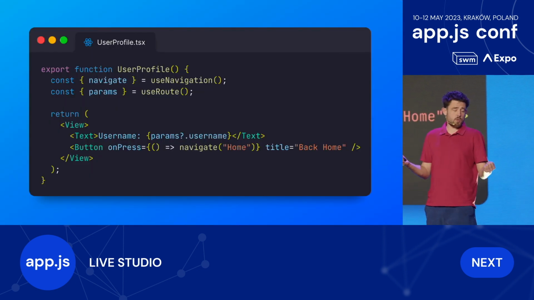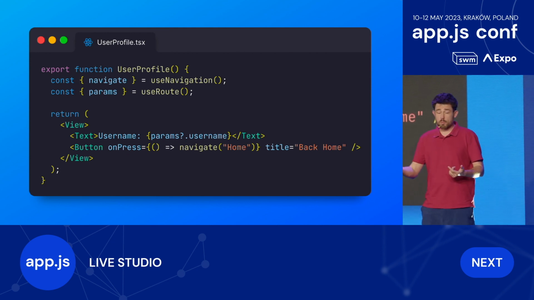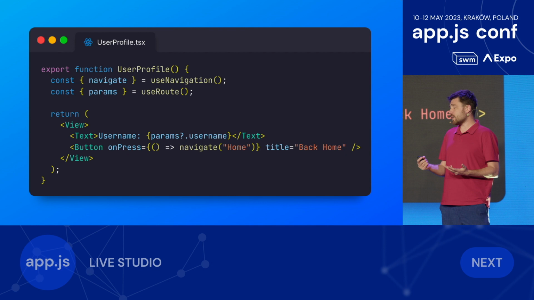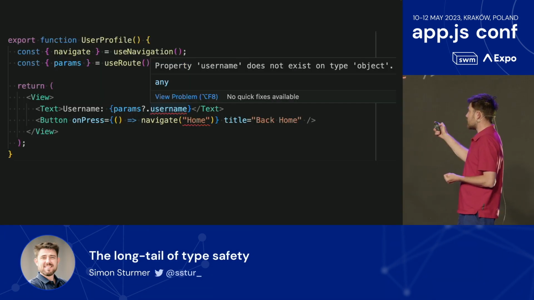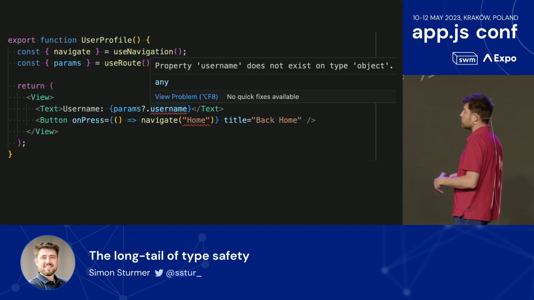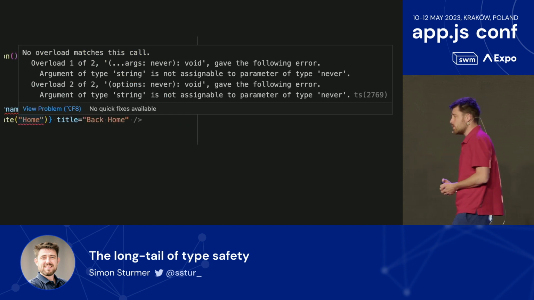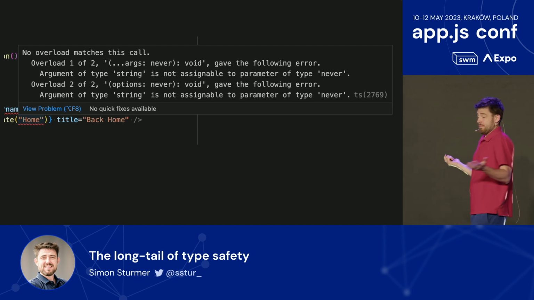Typically, you'd write some code that looks like this. You have some nice hooks you can pull in here. The downside is if you write code like this, in your editor you're going to see stuff like this: some red squigglies. That's your editor, or TypeScript, trying to be helpful and saying, well, I don't know if there's a username prop on this thing. We have no way of knowing that at compile time. We have no idea if there is a page called home that you can actually navigate to, or worse, you're going to see an error like this, which you don't even know what to do with.